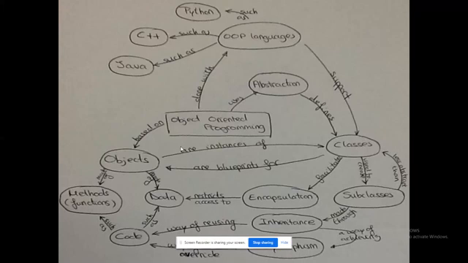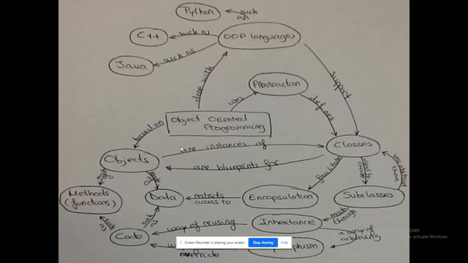I think you can mark a self curve on objects. It starts from objects and ends with objects also. Communication will happen there, because that is also one of the OOPS concepts, message passing or message communication.